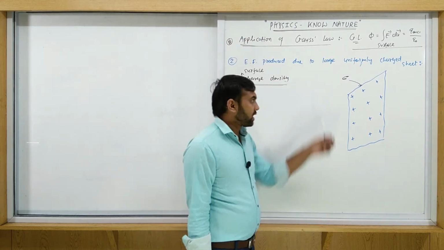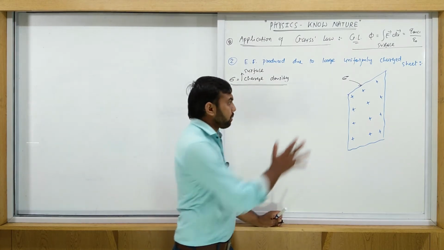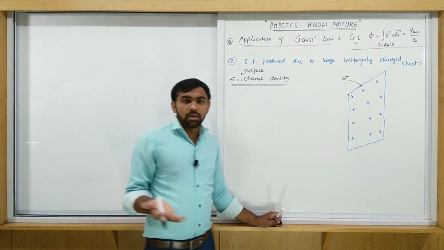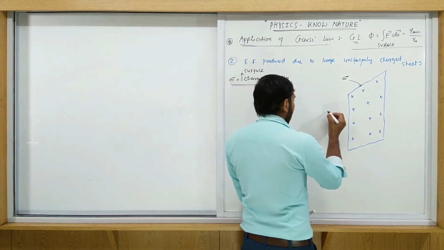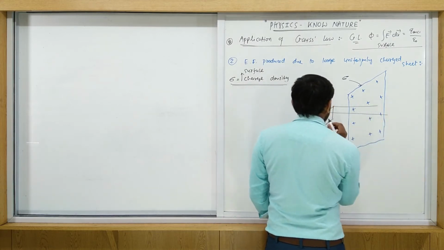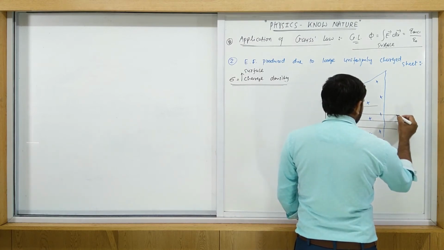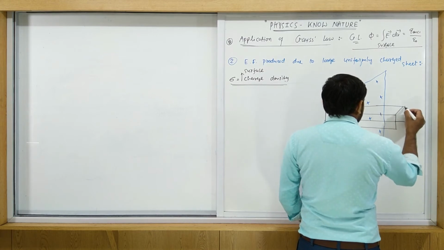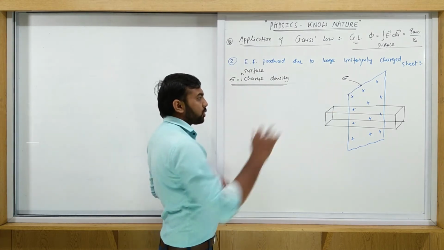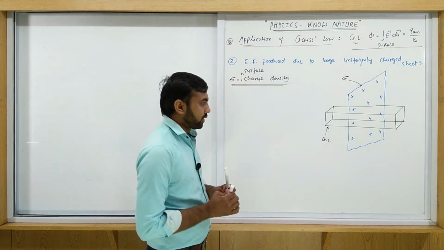You just use the same concept, Gauss law. Before you start the derivation, you draw a Gaussian surface. For a plane sheet, we have two types of Gaussian surface. Maybe we choose a cylinder, or maybe a parallelepiped. So let's draw this rectangular parallelepiped, this type, which is on both sides of the sheet. So this is the Gaussian surface for us.